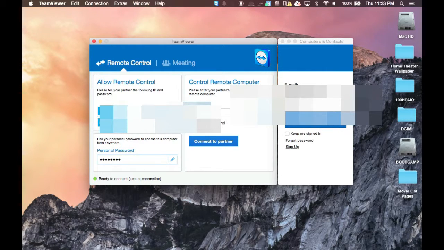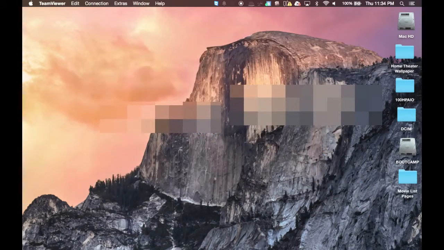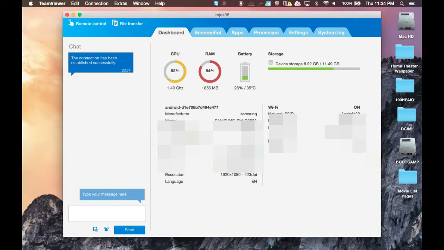So I'm going to do that now, and of course I've blocked this out because I don't want anyone attempting to control my device. And then we're going to hit connect, and sometimes it takes a little bit of time. Now what's going to happen on their end, they're going to see a pop-up, and of course you can't see this right now. They're going to see a pop-up on their device, and it's going to say, would you like this person to remote into your mobile device? And they're going to click allow, and then it's going to pop